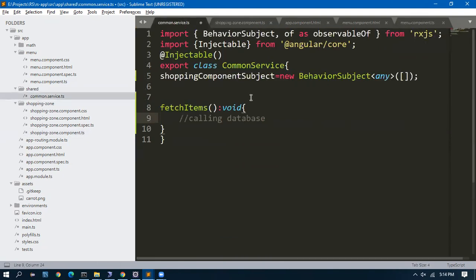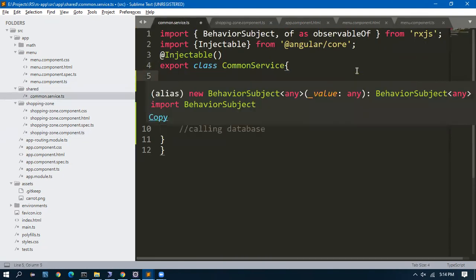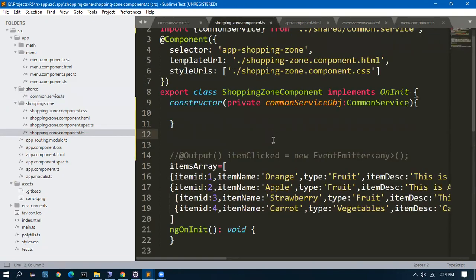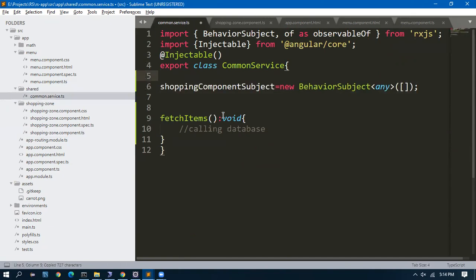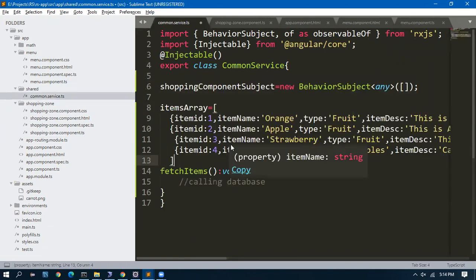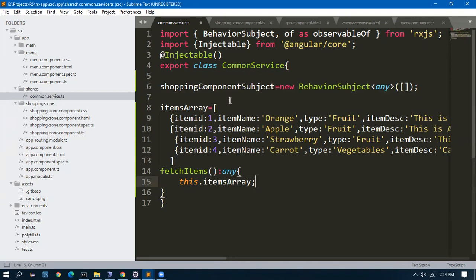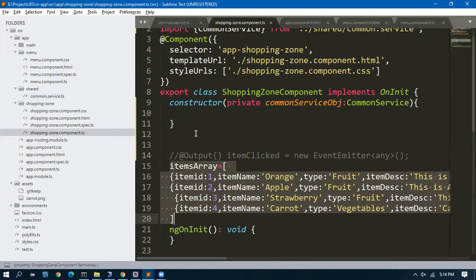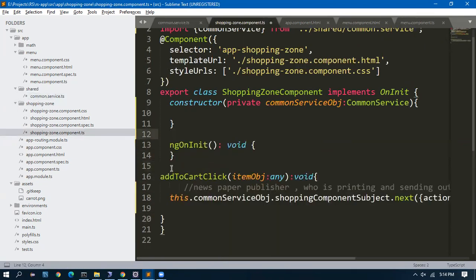Let us do that. Here, let us declare this item array here, and fetch items. I will be returning the items array, this dot items array. So from here, from the common service, I am returning. So here in this shopping zone, I will delete this. Everything is cleaned up.